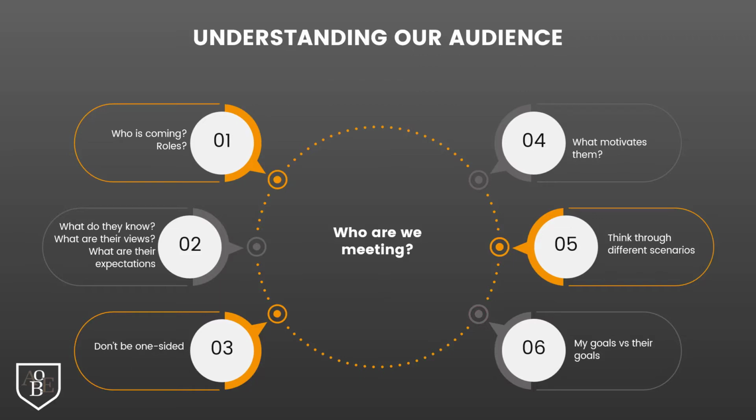Basically, you've got several things to consider, but let me quickly start by explaining to you why understanding our audience is so important. This rule will serve you well for not only meetings, but any situations where you are communicating with people and you would like to get them to adopt something, an idea, or maybe become a client. So you're trying to influence them. And this is generally great when you are dealing with people who are the decision maker in an organization or a department or whatever.